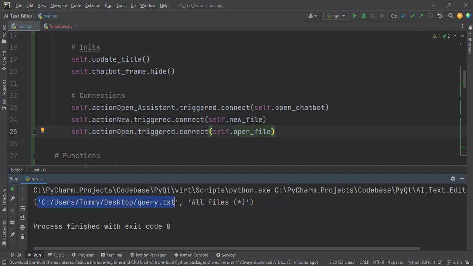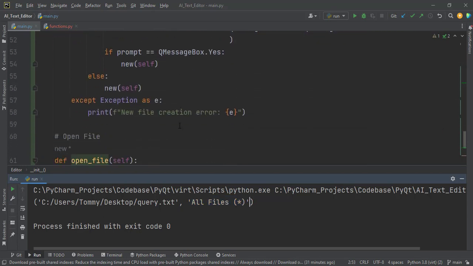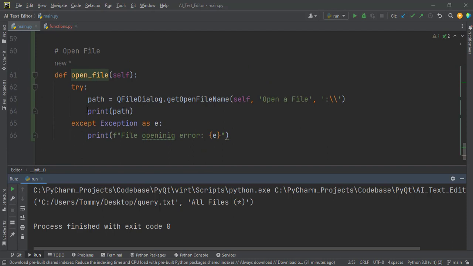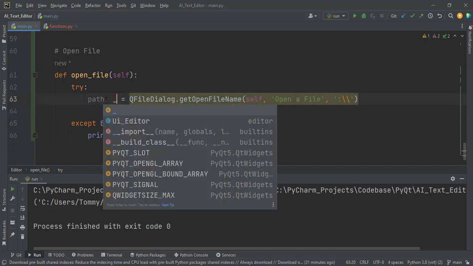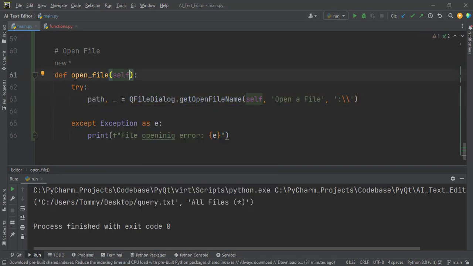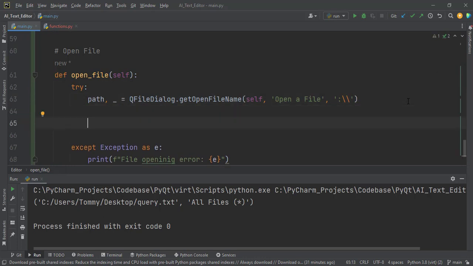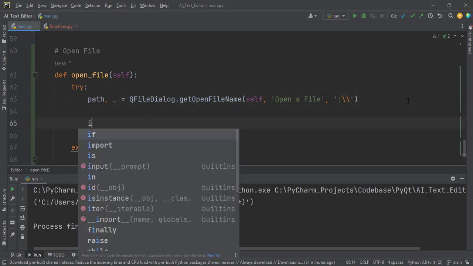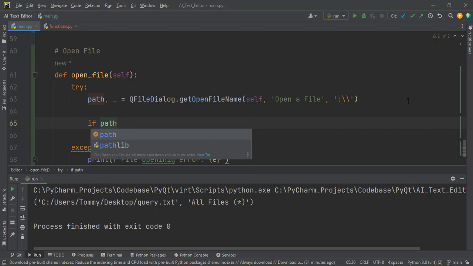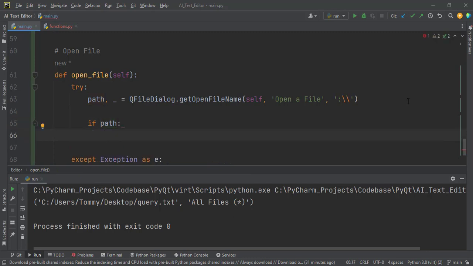The first one is the path to the file, and then the second one is the file extension. But we don't need this file extension for anything. So what we can do now is, there are two ways about it, either to access the path 0 or to say path and then underscore. We don't actually need the next one, that's why we just put an underscore there. It can be anything. So here we can perform some checks if we want to. So if path, that means if the person actually selected something, then what we want to do is